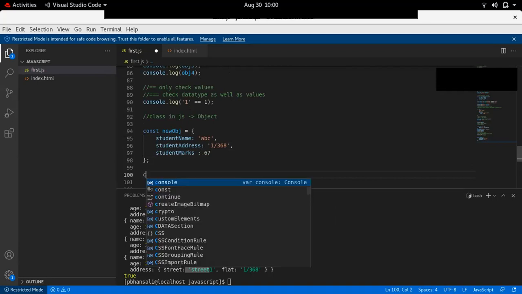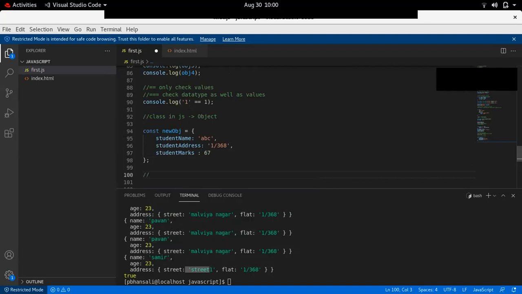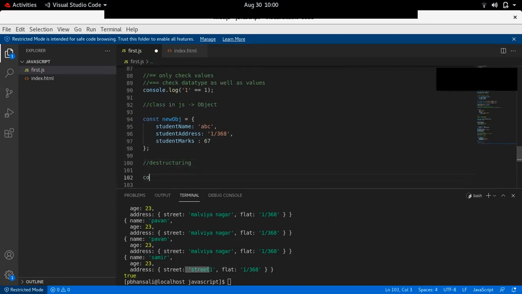So in ES6, they came up with a concept called destructuring. Oh, yes, I know that one. Yeah. So what we can do, const destructuring for props. Right, props, because props is also an object. So you can check the property names. Here I have student name, so I will give student name, comma, student address, comma, student marks, equals to, and I will assign this new object.